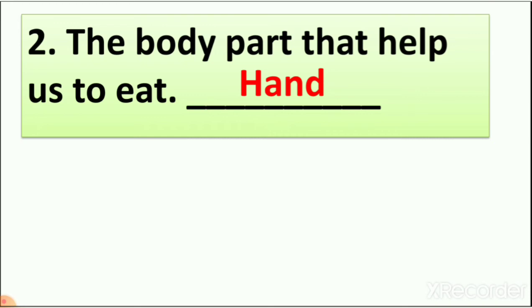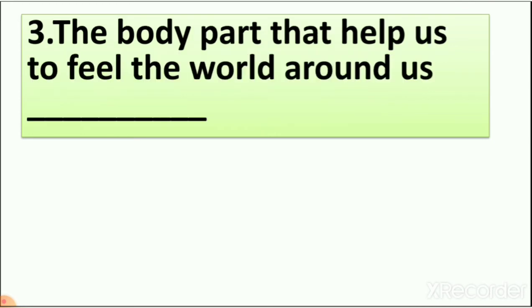When we are small, we cannot eat food on our own. Our mother gives us food with her hand. So it means we use our hand. Our hand helps us to eat, right? Now number 3, the body part that